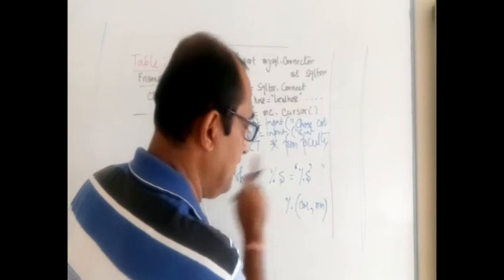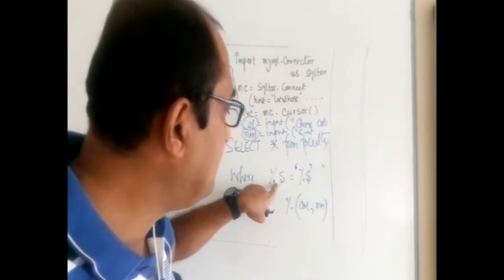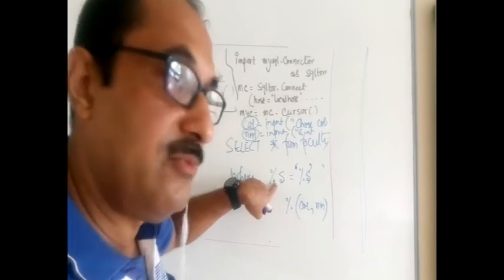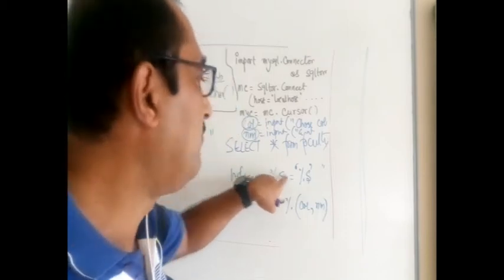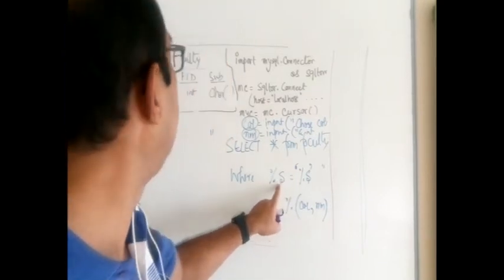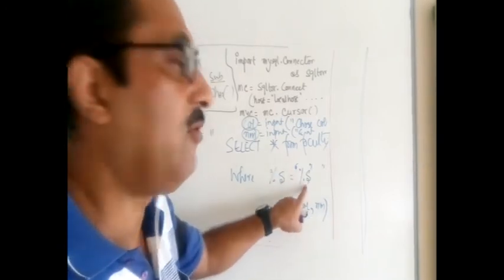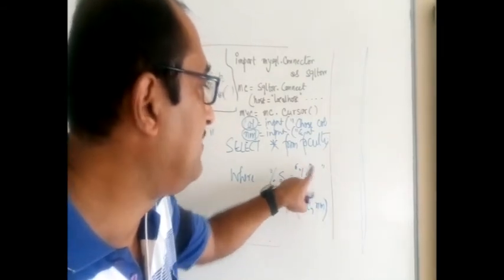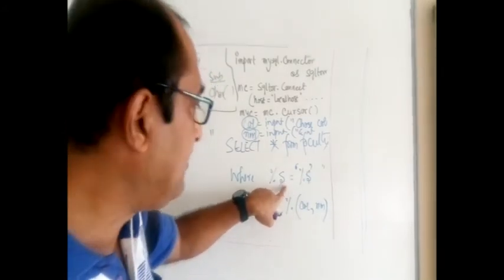So what will happen? The col value will replace this first %s placeholder, and nm will replace this placeholder. One thing we have to remember here: if we want a parameterized arrangement for the columns, if we want the user to select that, then that column name will never come within a pair of quotation marks, like the value here. Say I was intending to put either fname or subject name. By all means that will be a non-numeric value, so that is why this value is embraced within a pair of single quotation marks.